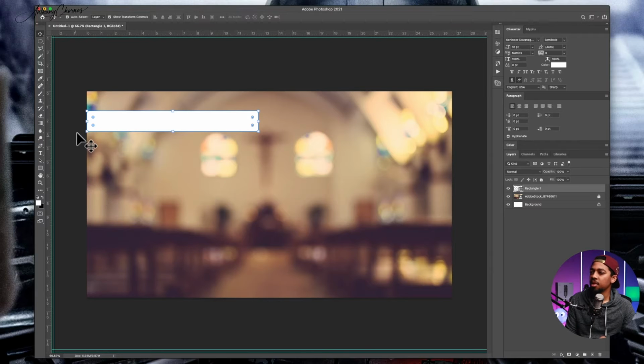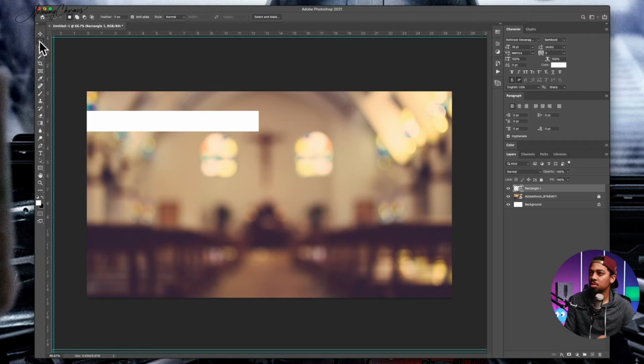Okay. The next thing I want to do is I don't want to leave this like a solid block. I want to add something to just make it a little different. I don't want it to just be a rectangle just sitting there. So what I did was I made it where it kind of fades off at the end. To do that, we want to select our